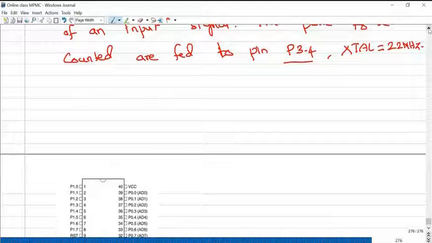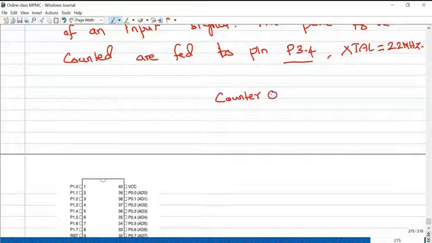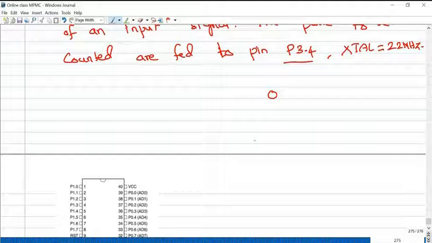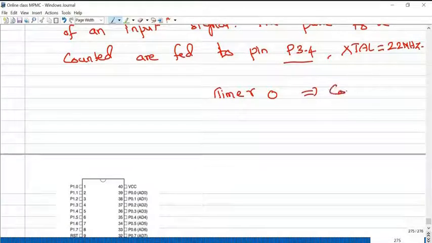So in the first example, counter 0. In general, we are using timer 0, timer 1. So timer 0 is going to act as the counter. Okay.